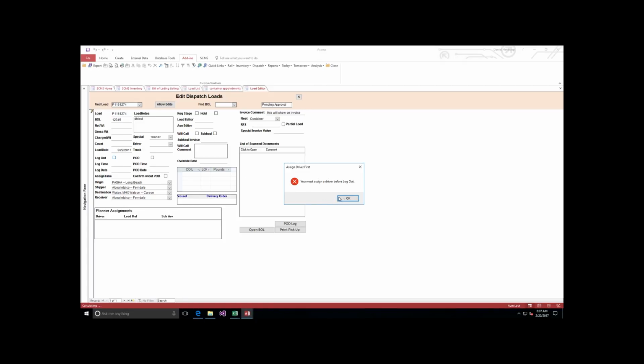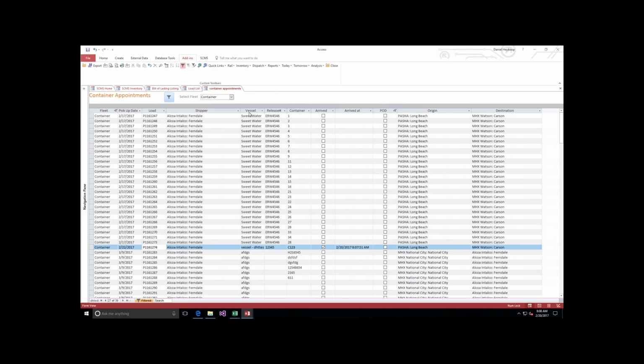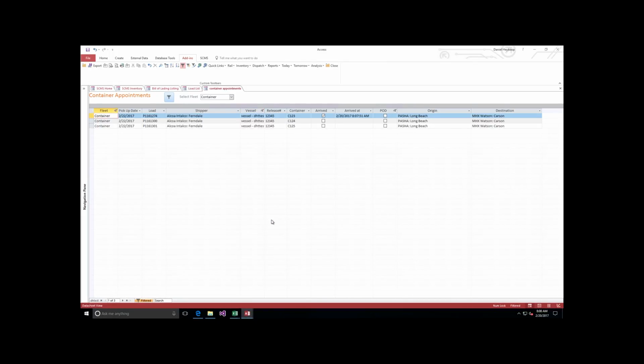When we mark this log out, you must assign a driver first. So we've got a driver we're going to put on here, and we'll mark log out. Now we've said that it arrived at 8:07 on the 20th. This actually, we scheduled it for Wednesday, but for this demonstration we'll let that be. If we go back to our container appointments now, let's take a look at just the vessel that we were interested in, equals. Okay,